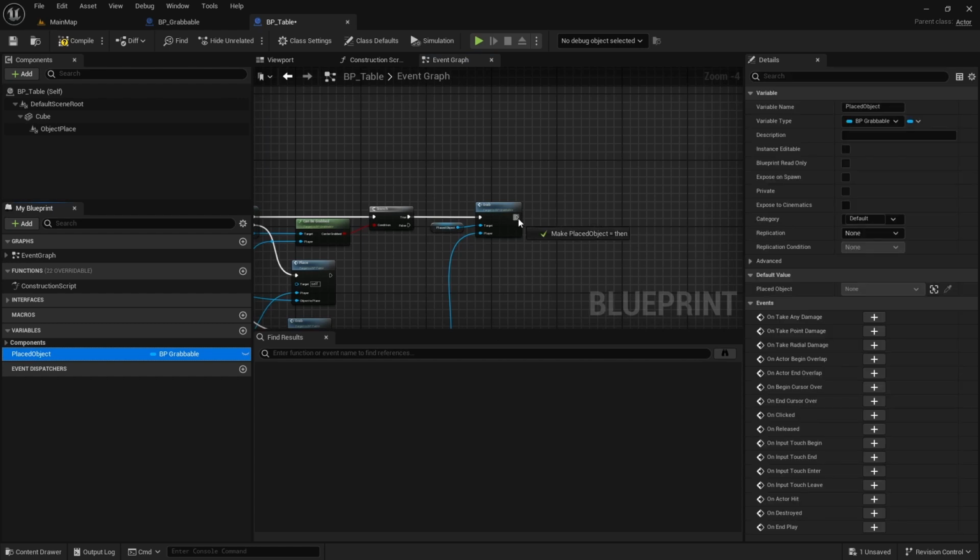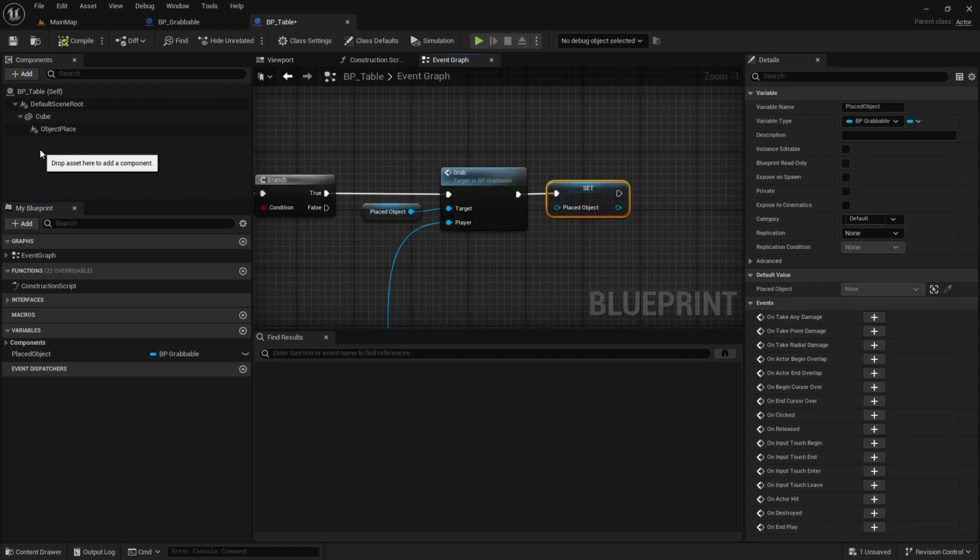Also, don't forget to nullify the placed object. Next, create an interface for dish with one function called add item with the input